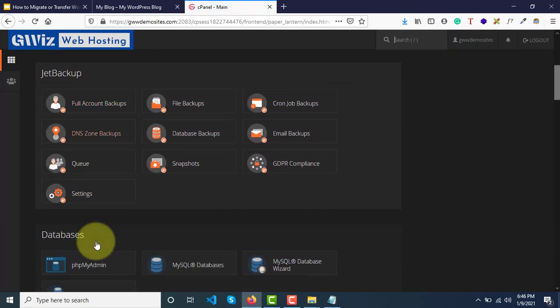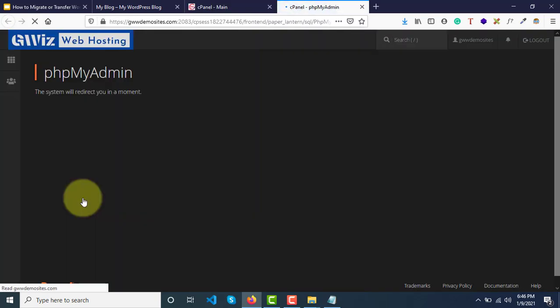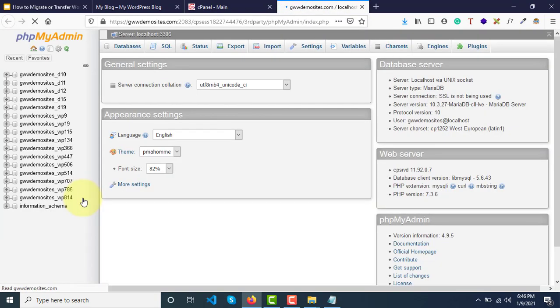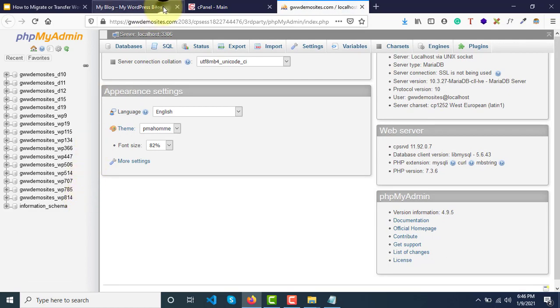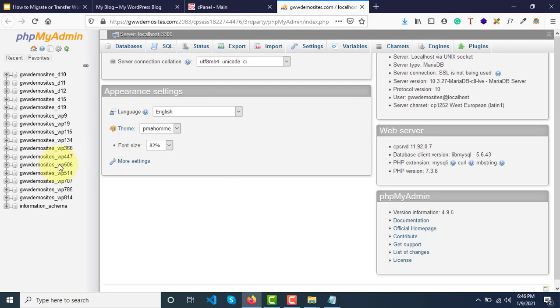Here in phpMyAdmin, the database which this new site is connected to is 506. We all know that.